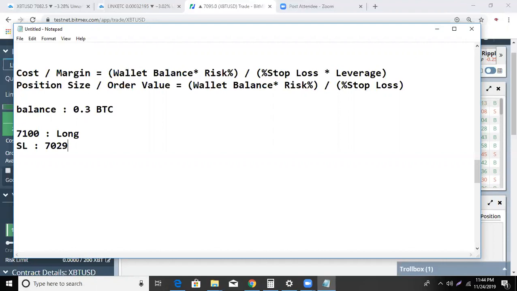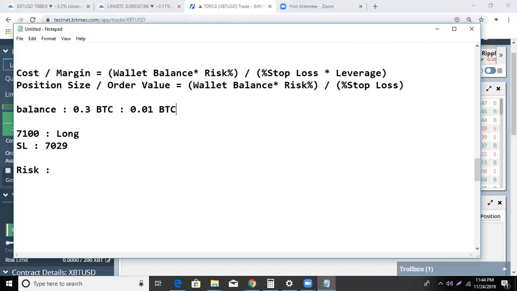Okay, so I want to use this, and I don't know how much I should invest. Okay, I don't know how much I should trade in this particular signal, right? So what you just need to do is decide the risk, how much loss you can afford. So for me, if I have my balance as 0.3 Bitcoin, in a particular trade, I am ready to lose 0.01 Bitcoin. Okay, let's suppose I am ready to afford 0.01 BTC. If I lose, I'll be left with